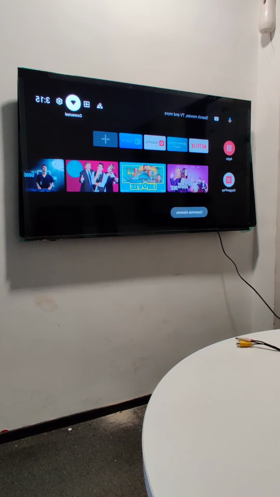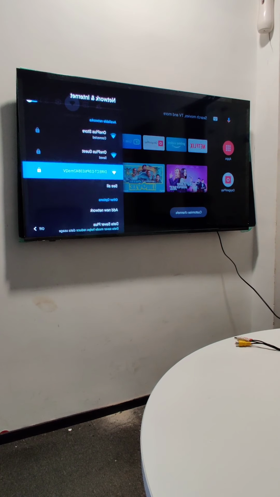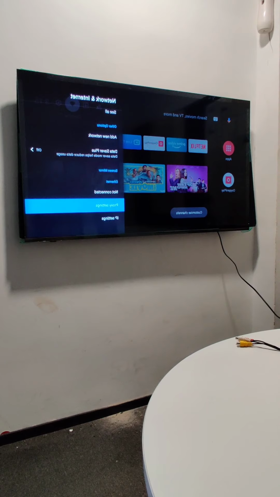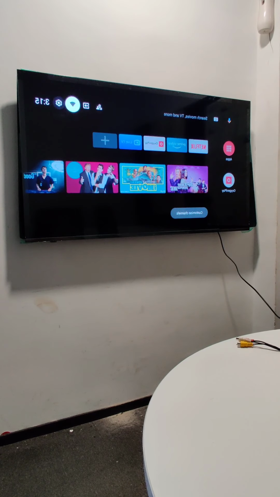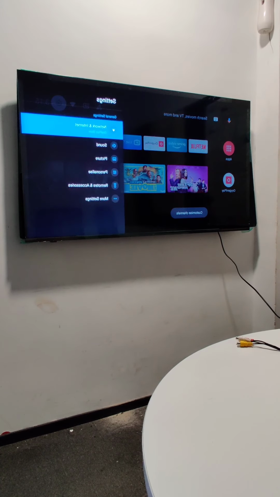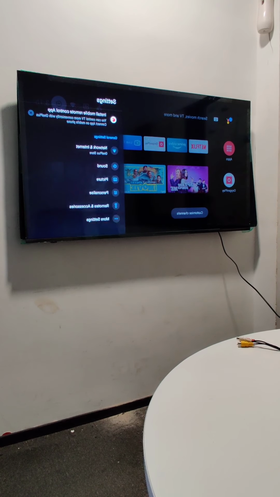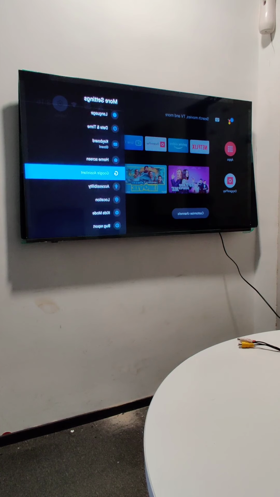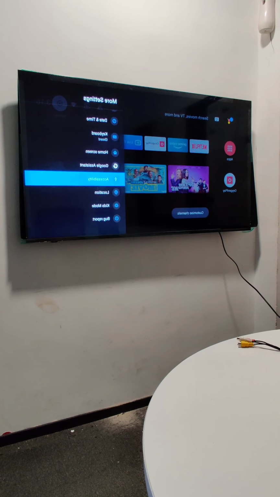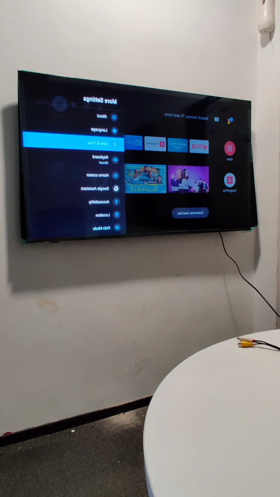You can connect to different Wi-Fi. And definitely you can go to settings and see there are only minimal setting options available. So kids mode, bug report, location, some of the major settings are not available over here.